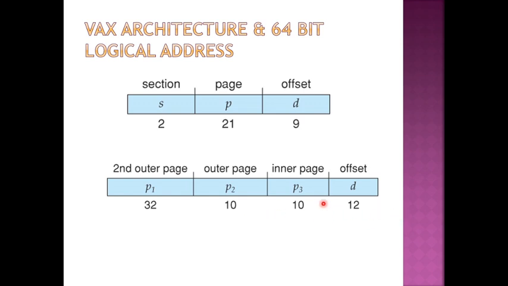The distribution is the same. The only thing that has been added is the second outer page. Apart from an outer page, there is a second outer page. So this is how you can have hierarchical paging. Again, why is this required? Because if the page table is very big, it becomes very burdensome for the operating system to maintain it. By distributing it in this manner, it becomes very easy to locate a main memory or a physical address just by making use of simple techniques like this.